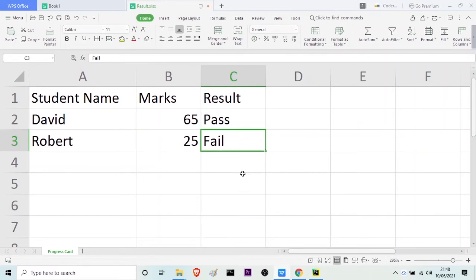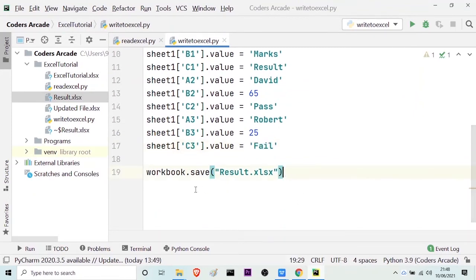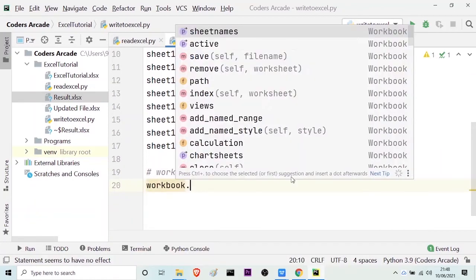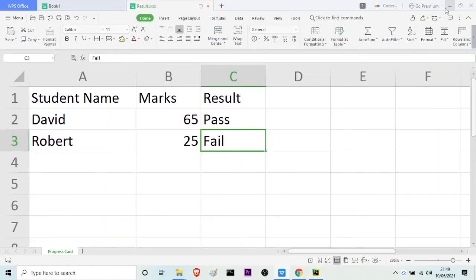Now suppose you want to save the same workbook in desktop. So for that, what you need to do is, let me just comment this part out, and again I will use my workbook object, then use the dot save method, and inside the parenthesis I have to provide the proper destination address so that I can save it to my desktop. So for that, I will just go to my desktop,